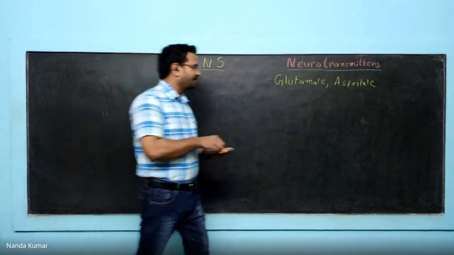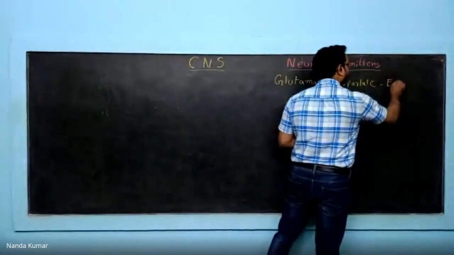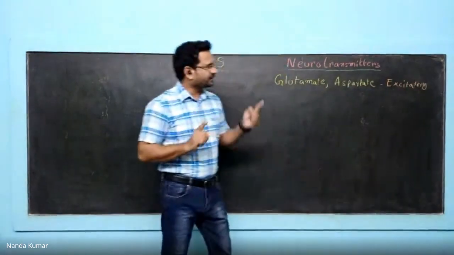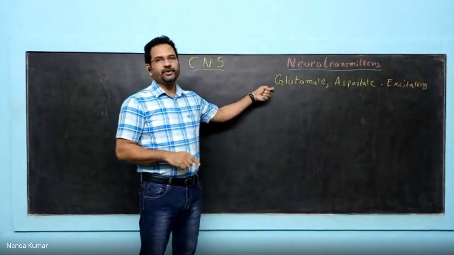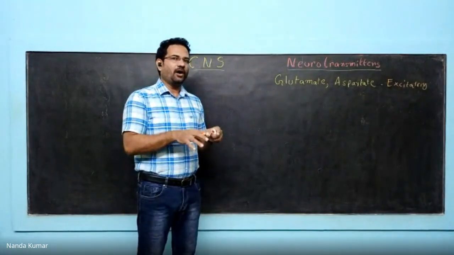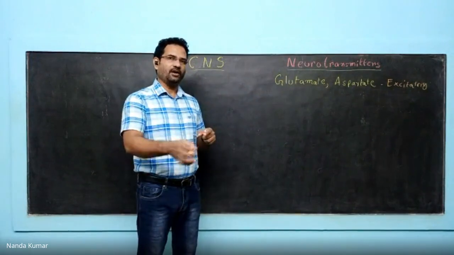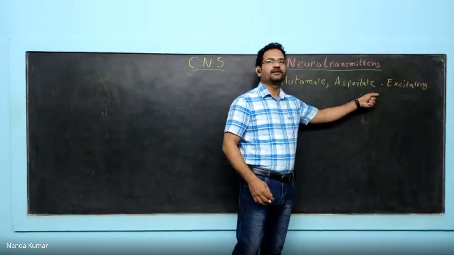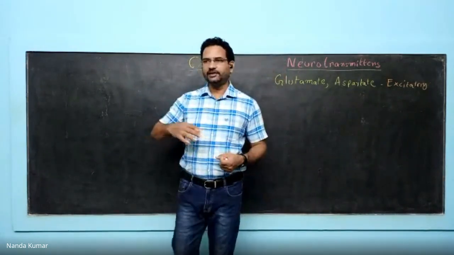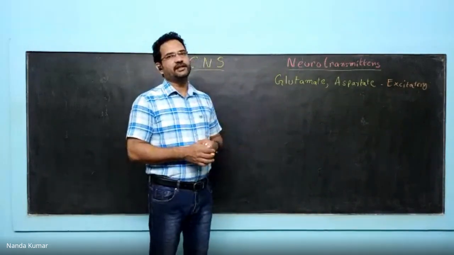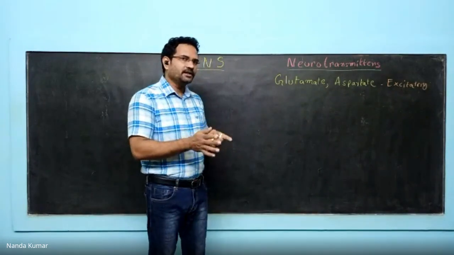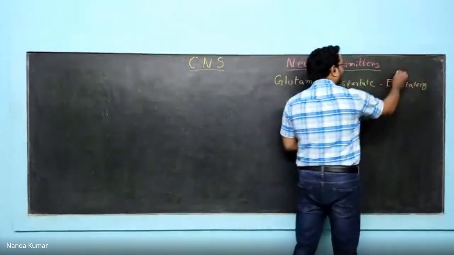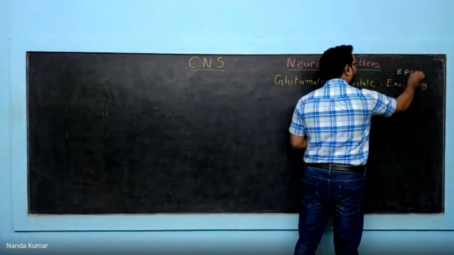Now understand what we mean by excitatory. In neuronal conduction, the moment you see excitatory, it indicates these neurotransmitters, when they are released, will cause depolarization in the effector organ or in another neuron. So depolarization is what causes excitation. An action potential is generated and the signal is transferred. That is what is called an excitatory neurotransmitter. The potential generated is known as excitatory postsynaptic potential.